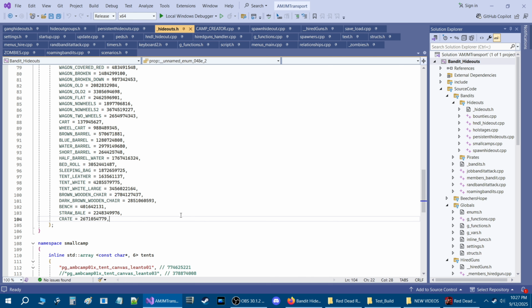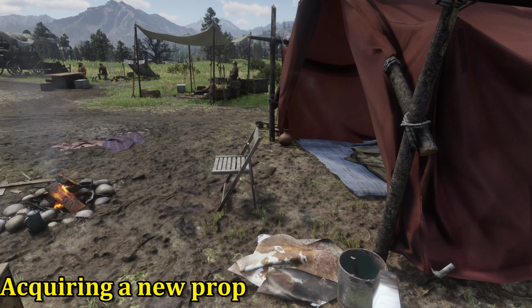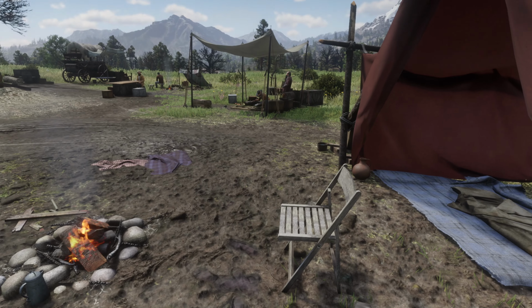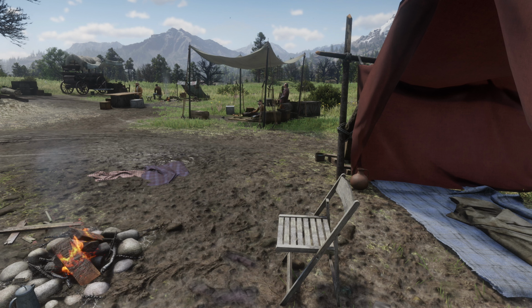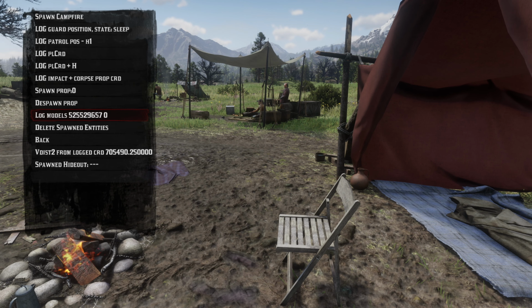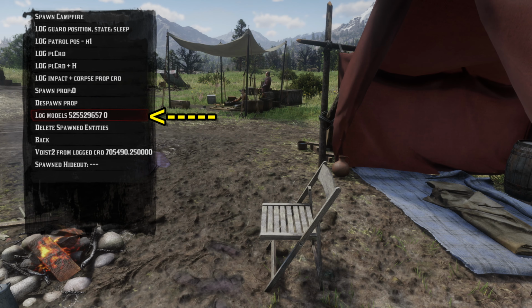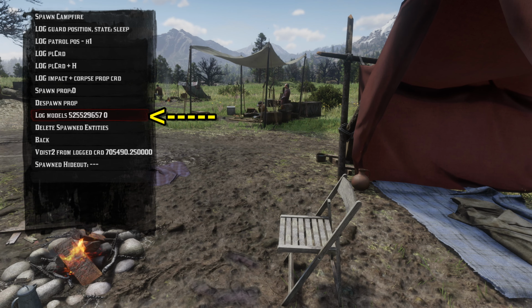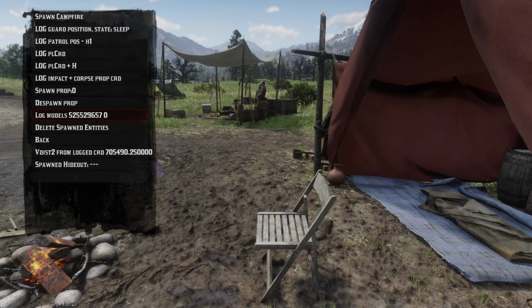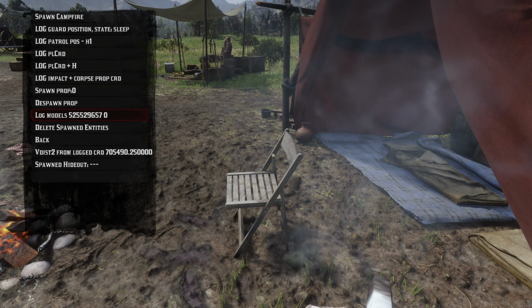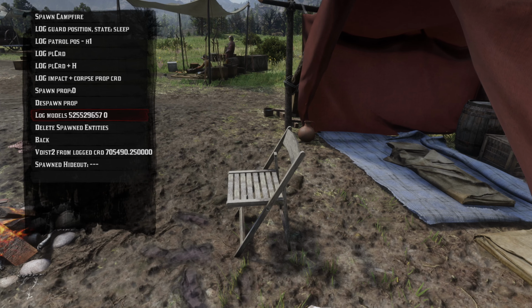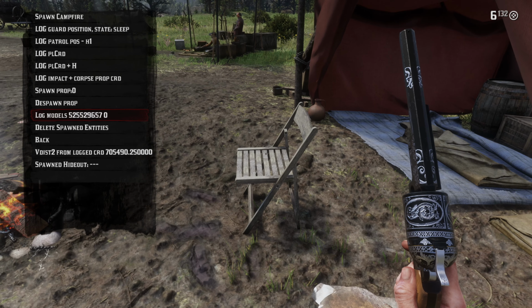So let's go in game and acquire a prop. The prop we're going to acquire is the prop of this folding chair. What I normally do is I bring up my Camp Creator menu by pressing page up, and as you can see where it says log models and then there's a number there, that's kind of like a base number for something. I don't use that for anything. And in order to acquire a prop, what I need to do is aim my revolver at a prop. So let's do that right now. And basically,